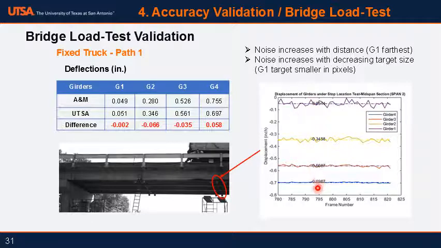So if we were able to do 100 by 100 pixels all the way out there, we would have gotten better noise than this. Now comparing the vertical deflection for those 4 girders, our numbers are shown in this figure here, and the A&M team's numbers are here. The differences between them are on the order of a few hundredths of an inch, which I think is really great